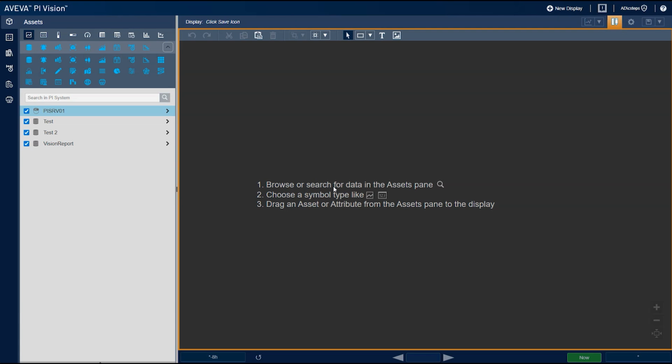Today we're going to show you the new Radar Plot Plus control, which allows you to display your process data, your assets and attributes data on a custom radar chart. Okay, let's get started. So first, what we do is we select the Radar Chart Plus control in the symbol